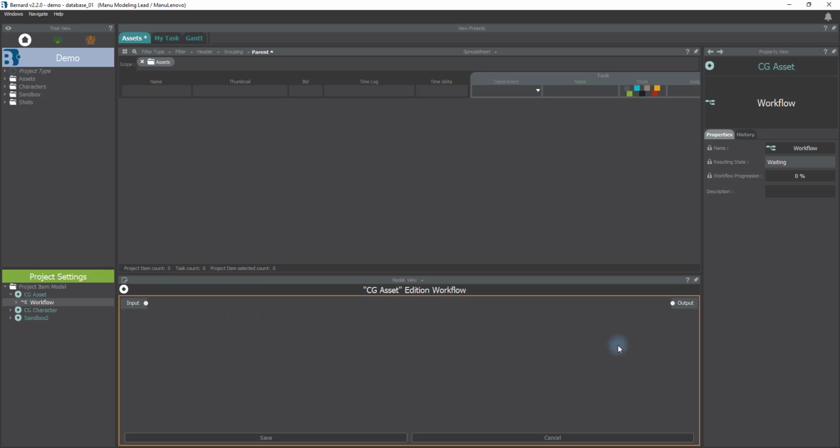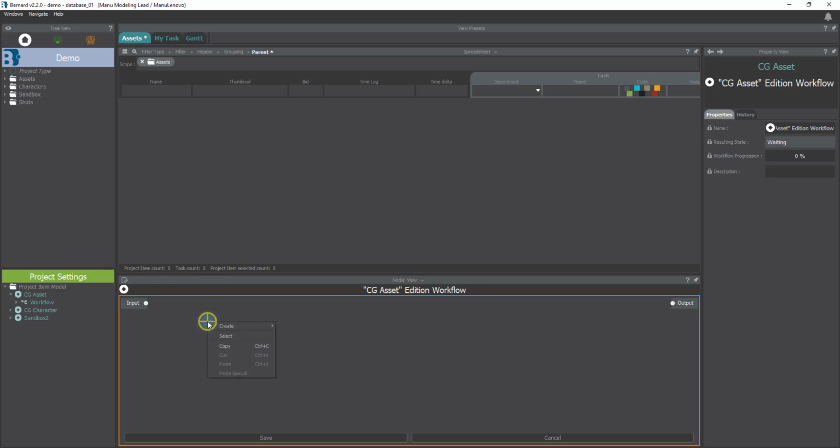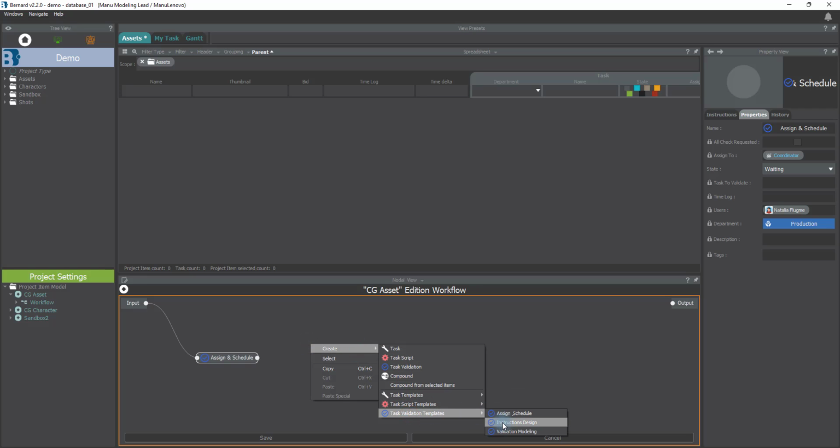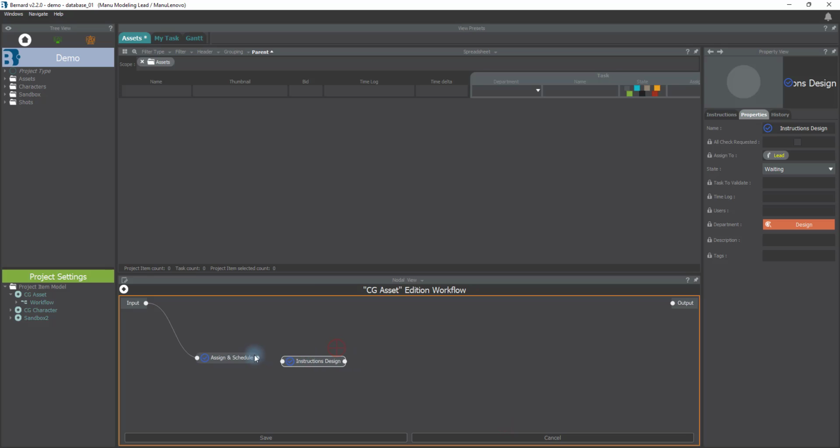We can create our own tree based on tasks that we can create on the fly, or on tasks that have already been configured by recovering them. In my case, I will recover tasks that already exist. For example, here the assignment and schedule task. We can obviously create as many as we want, or to recover them, we can also classify them by type